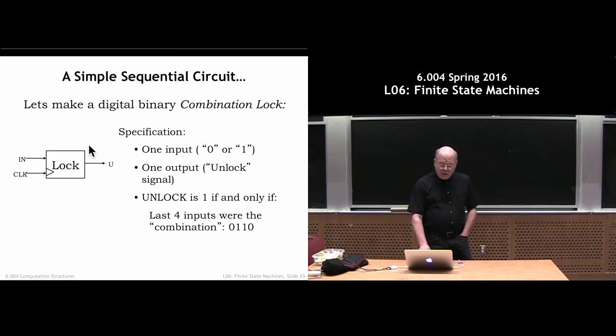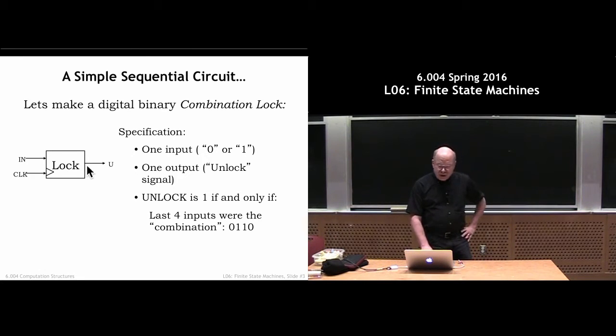Our running example, at least for the next couple of slides, is a digital combinational lock. And what we'd like to do is build a sequential circuit. So inside there's some registers and some combinational logic. This particular circuit has a single output, U, unlock, which should be equal to 1 when the user has correctly